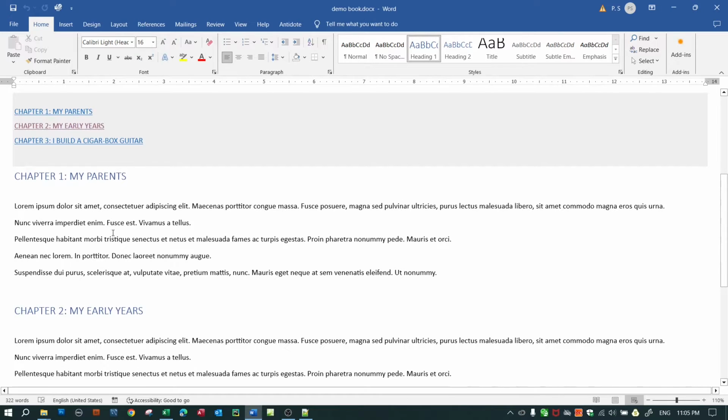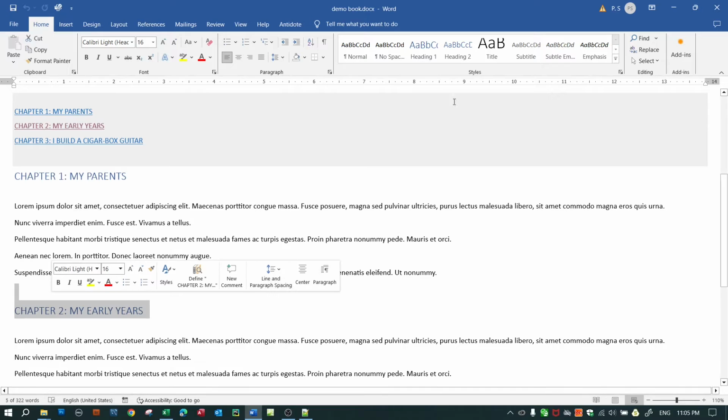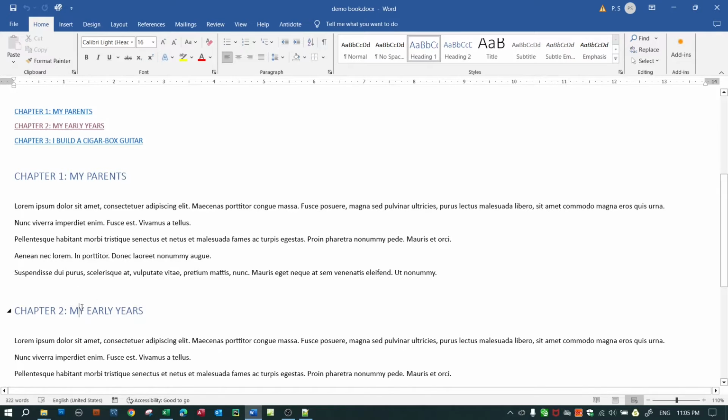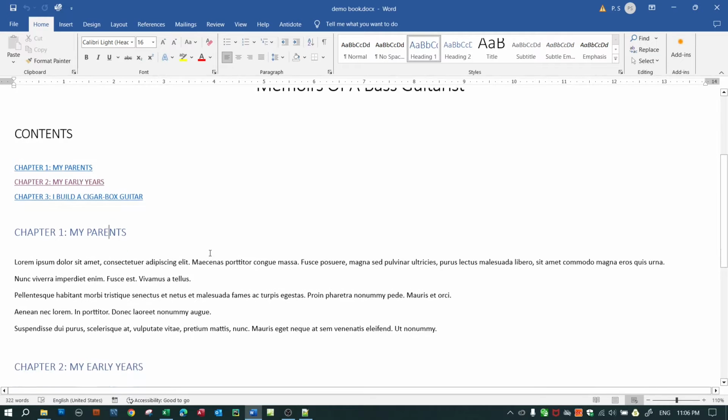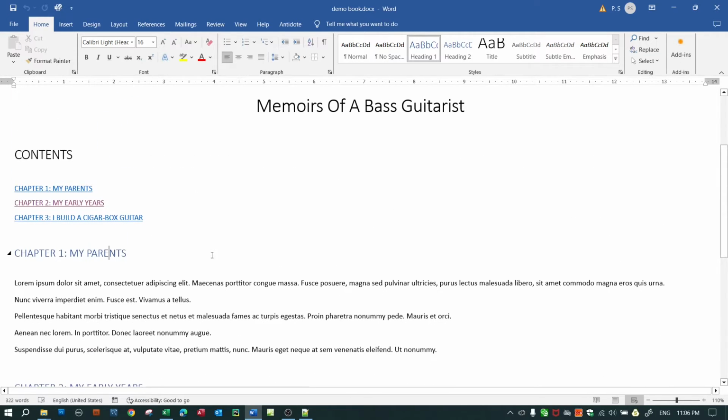The other thing that I'm assuming is you know that each chapter should have a consistent heading format. In this case, you'll see that my heading style for each chapter, whether it's chapter 1 or chapter 2, is Heading 1, whereas the text is merely normal text. This is how Word knows what's to be put in the table of contents. So there's the simple book. I'm going to show you how to set up an NCX file using an